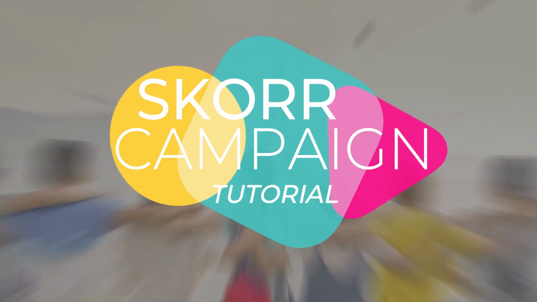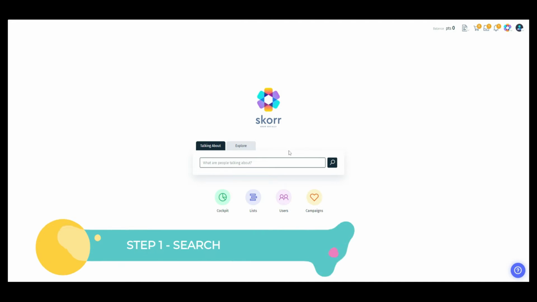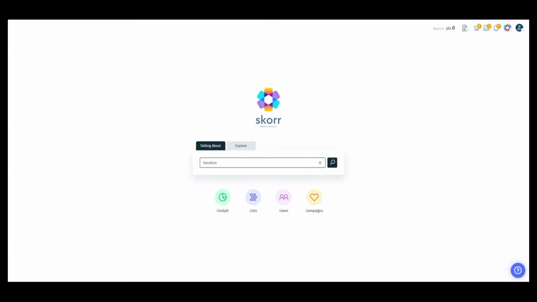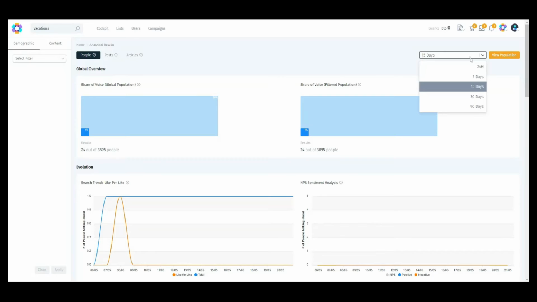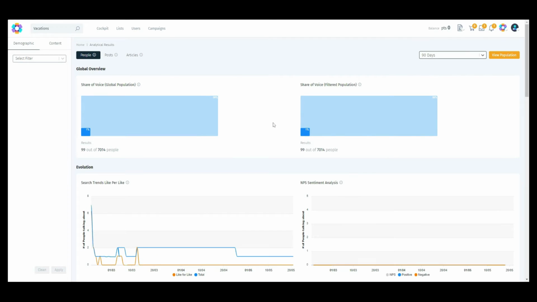This is a quick tutorial on how to create a new campaign. So step number one, we need to create a user list. For that, what we're going to do is do a quick search. Let's define a keyword here, that's vacations. Search, and then this is our population that has checked for this keyword in the last 90 days, as I